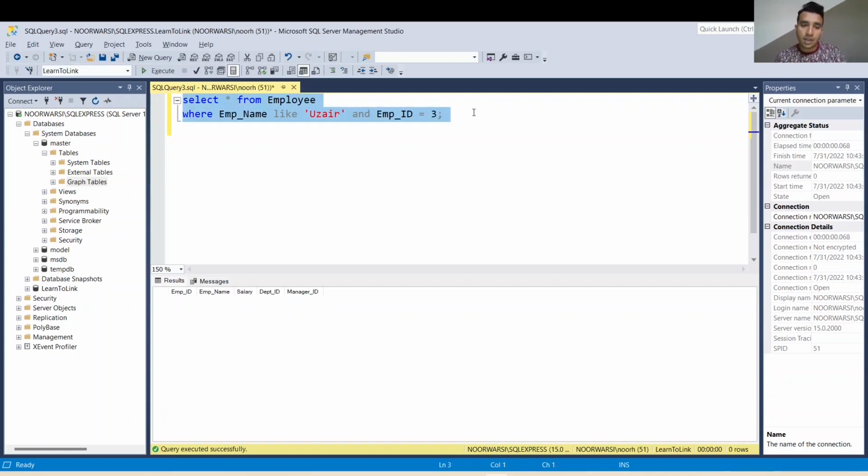Let's execute. As you can see on my screen, it's not showing me anything, which means, as I already told you, that the AND operator works in a way that the conditions both before and after AND must be true. Here I have written the employee ID number 3, so it's not showing me any results. But if I write over here